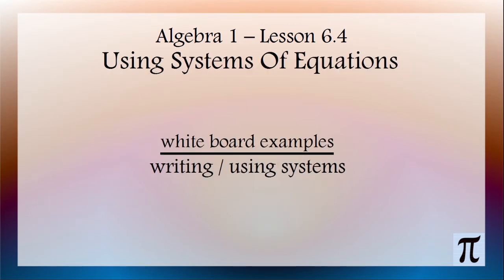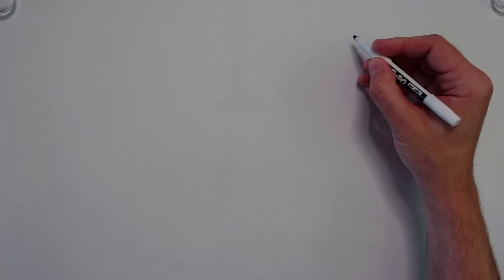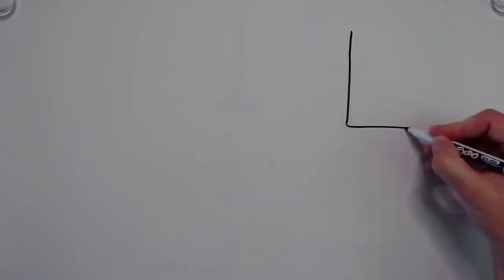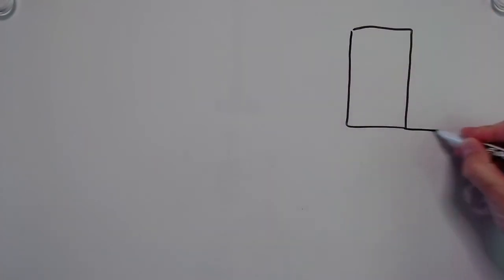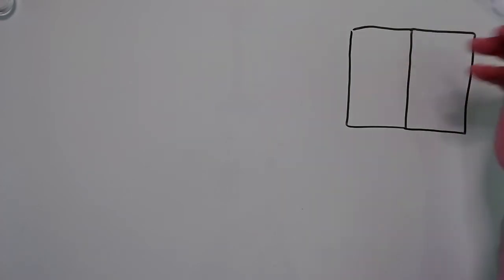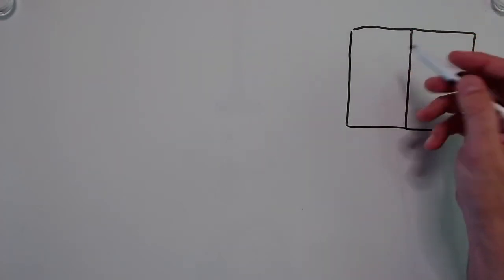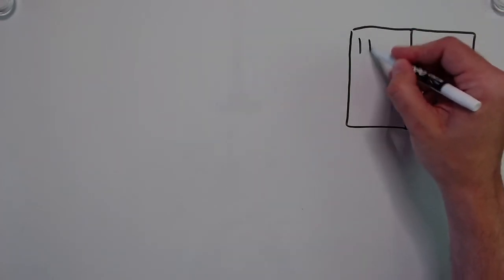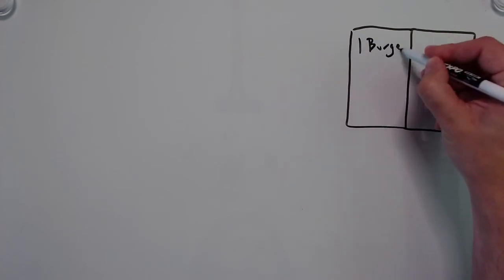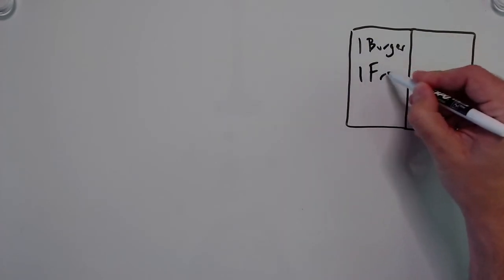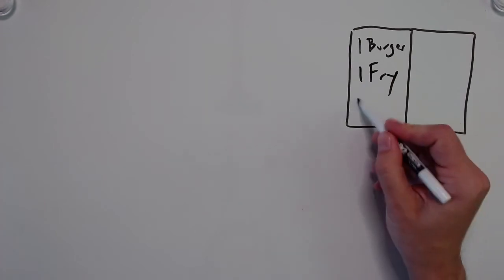Let's jump over to the whiteboard and just do a few examples for the day. Okay, let's say we went to some fast food place and we had 2 receipts. I'm just going to write them out like this. Here's a receipt and here's a receipt. Here's my receipt. And I got 1 burger and 1 fry. And my total was